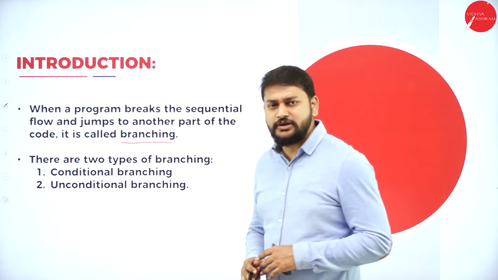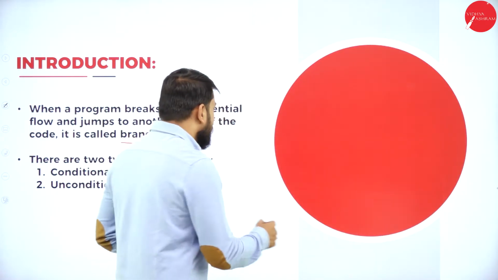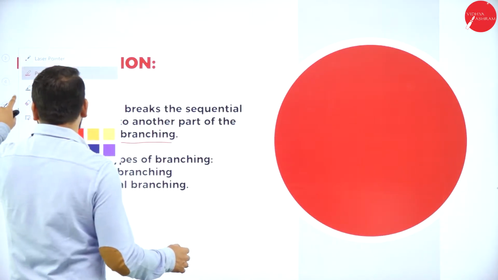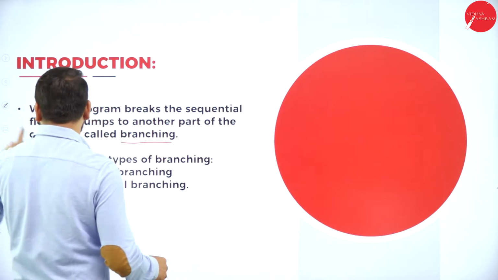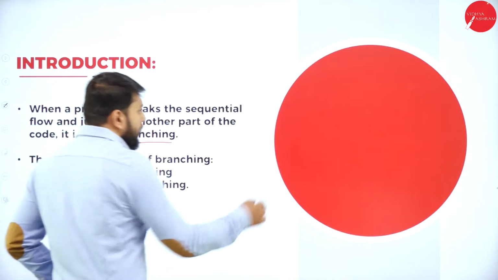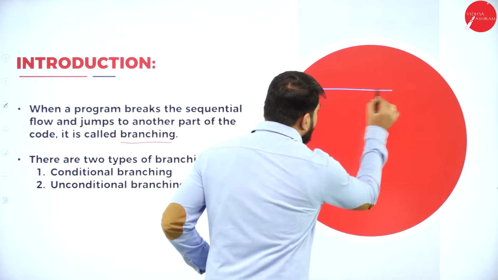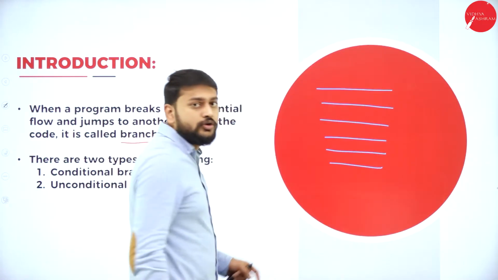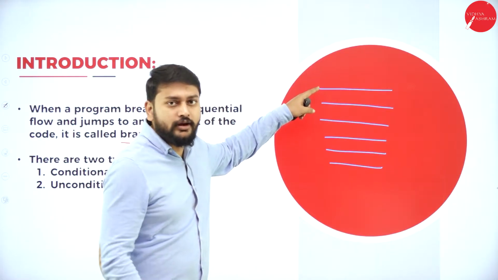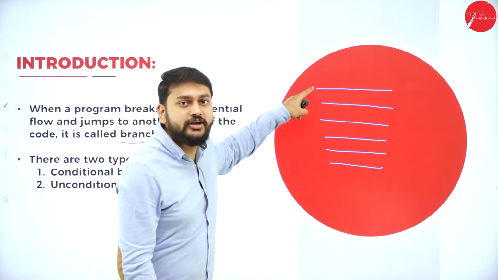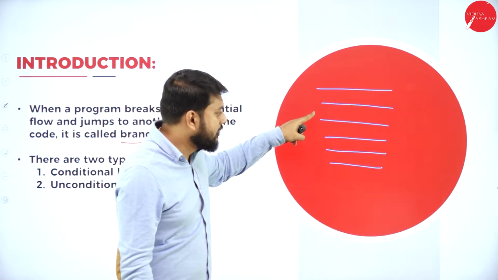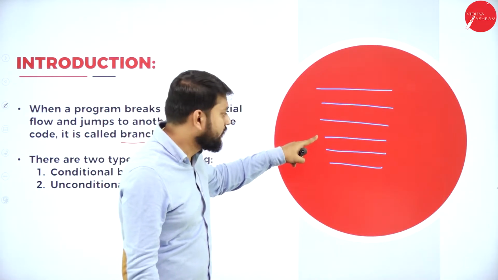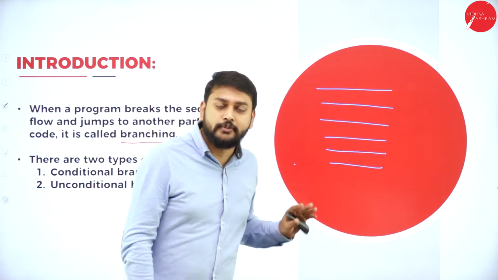What exactly does it mean, sir? Please understand. Imagine I have the lines. Let me just change the color for all of you. Imagine this is my program. I have the lines of the program like this. How do I execute? I will be executing line by line, right? So let's imagine like that. First I will execute this line and this line and this line. Then I'll go to this line. Then I will go to this line. Then I'll go to this line. Then I'll come to this.